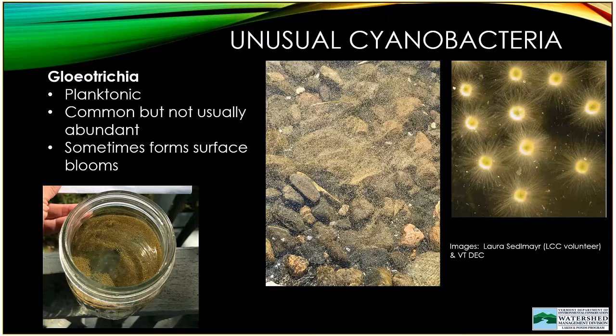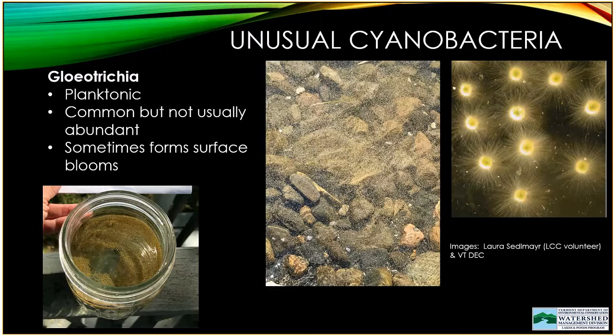water. They do occasionally form scums, as you can see in the middle photograph, and when they do, they look a little bit like pollen. So that's when you'll ask yourself those questions about what time of year is it? Is there a chance that a tree or a plant might be shedding pollen? If you look at the jar test there on the left, you can see that the accumulation at the surface is not so green, it's more brown-yellow, which again made the volunteer initially think that this was a pollen layer